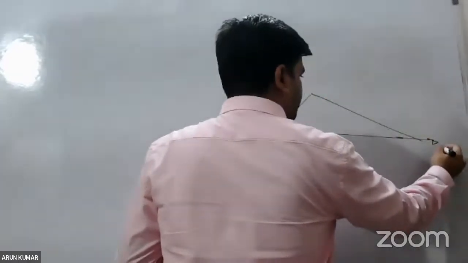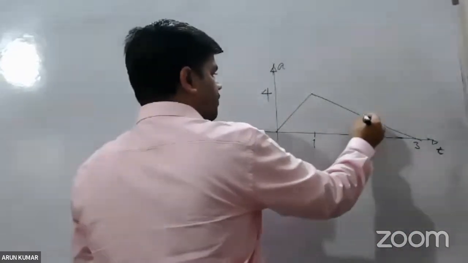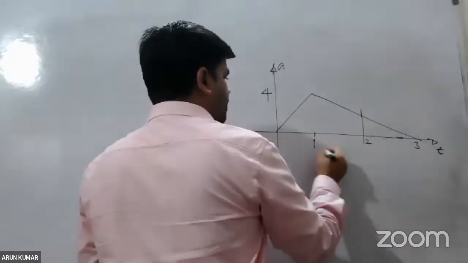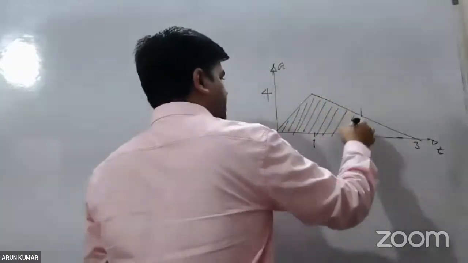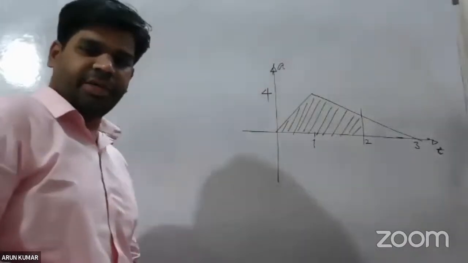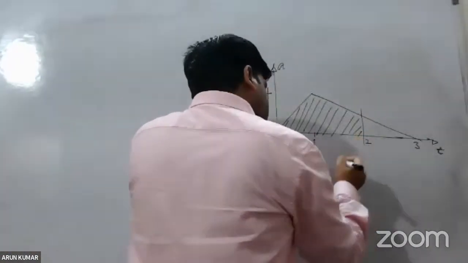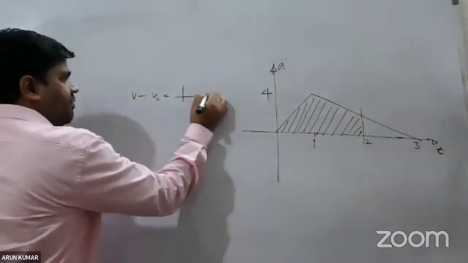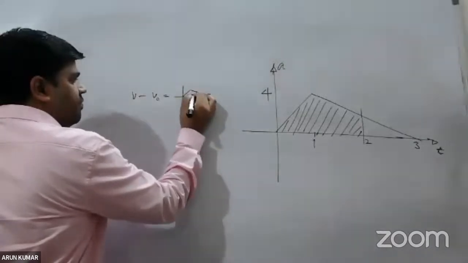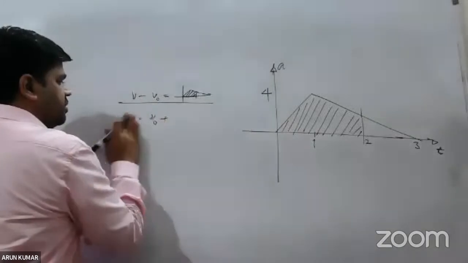The AT graph. What is the velocity at two seconds? Initial velocity is given as not 0 but 2 meters per second. So I need to find area. Area gives me delta V. So V minus V naught is nothing but the area under the graph. So V is equal to V naught plus